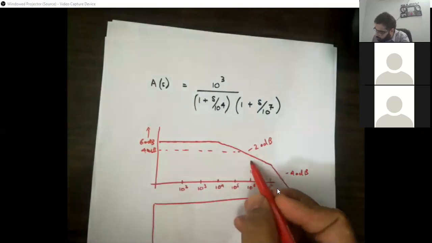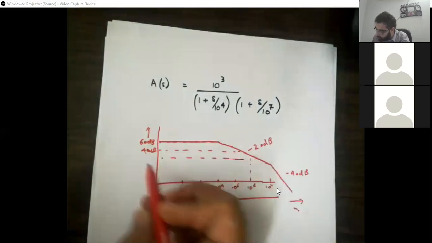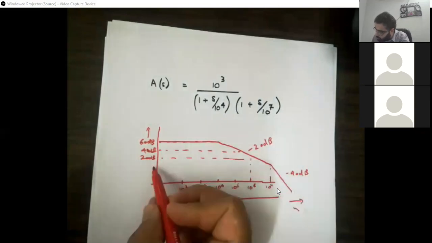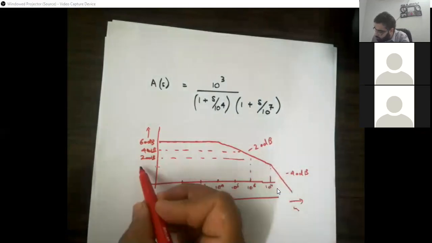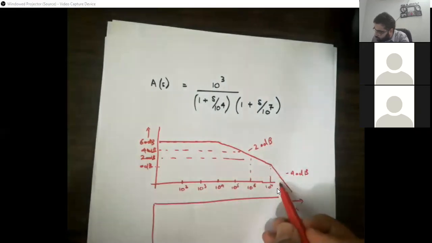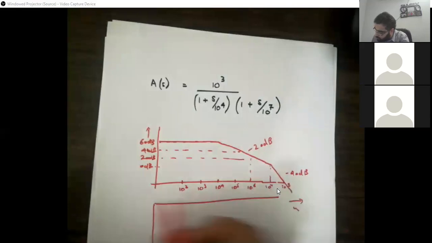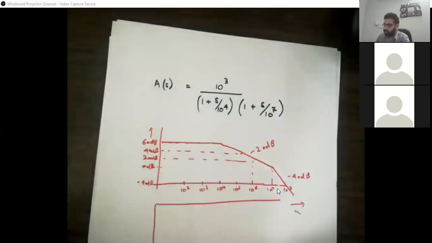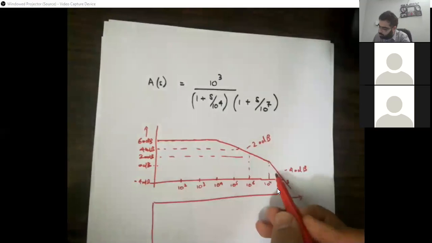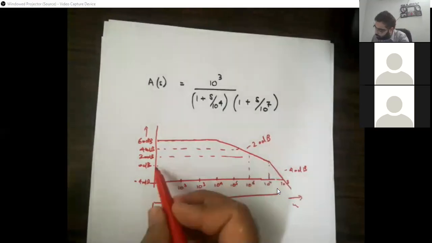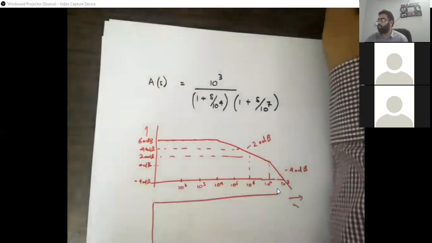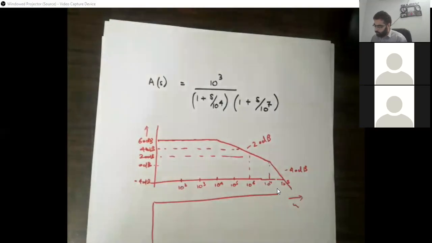10 raised to the power 6 पे it's going to have 20 dB, and 10 raised to the power 7 पे it's going to have 0 dB. ठीक है, and at 10 raised to the power, let's say अगर मैं इसको 8 कह दूं, क्योंकि अब minus 40 dB का के पास आ जाएगा, उसके बाद minus 40 dB. So at 0 dB की अगर आप बात करें, that's something going to be like this. ठीक है, यहाँ तक इसको आप देख लें, इसमें कोई confusion है तो you can ask.